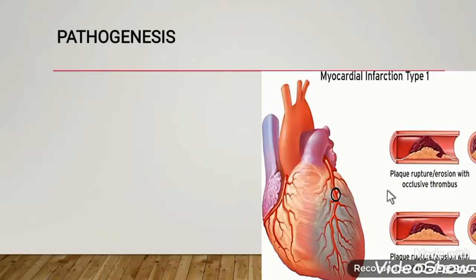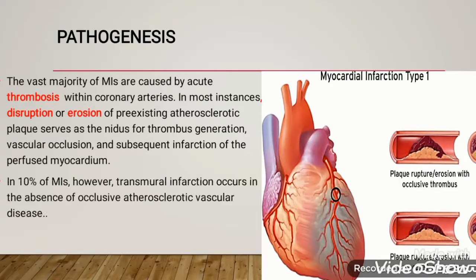Now, pathogenesis of MI. The vast majority of MI are caused by acute thrombosis within the coronary artery. In most instances, there will be a disruption or erosion of a pre-existing atherosclerotic plaque. This serves as the nidus for thrombus generation, and this will lead to vascular occlusion and then subsequent infarction of the perfused myocardium. In about 10% of MI, however, transmural infarction can occur in the absence of occlusive atherosclerotic vascular